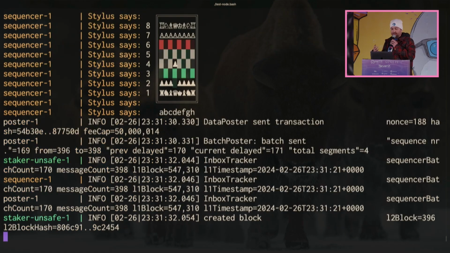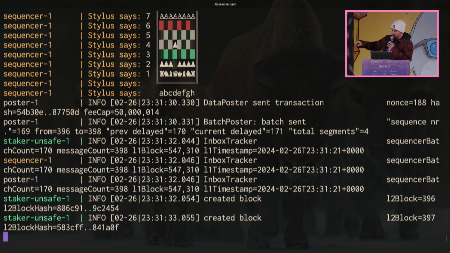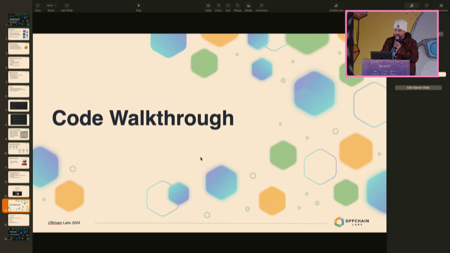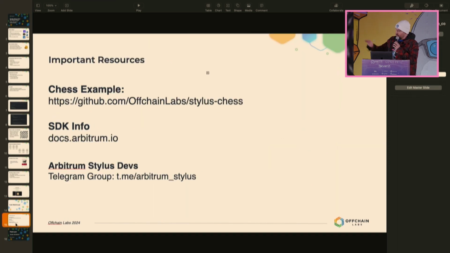Every time it's making that move, the green and the red show which pieces are in threat mode right now. The monitor's a little messed up on the colors, but it's able to calculate all the pieces that are currently threatened, and it's a very cool little demo. Just to go back to the presentation real quick,